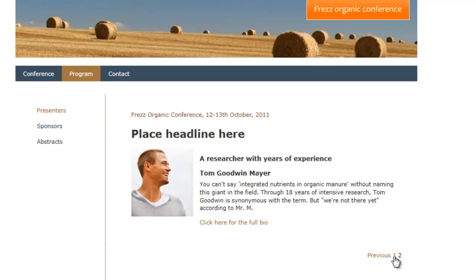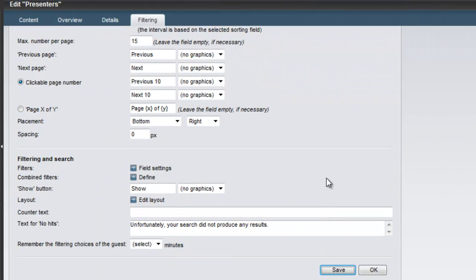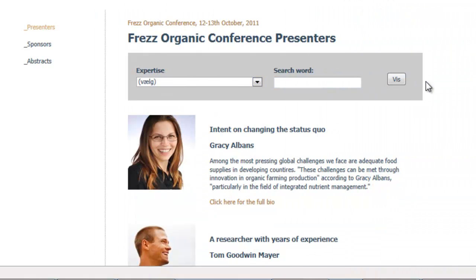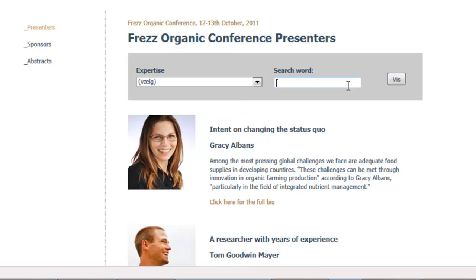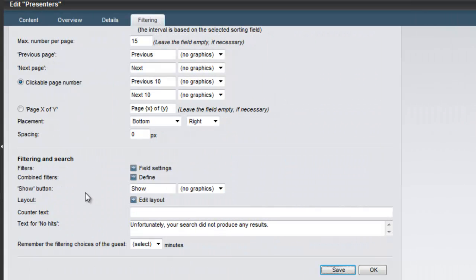There you go. The other thing we'll do here is build our search interface, which we may also refer to as our external filter because it gives our visitors the ability to filter the view, so to speak, to see just that item or grouping of items that meets their criteria. We want to give our visitors the ability to search after which expertise the speaker has, and also just generally search for a name or some keywords that might be in the presenter's biography text. So here's the drill. I'll hit the Edit Layout button here,